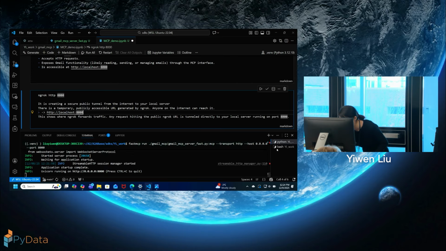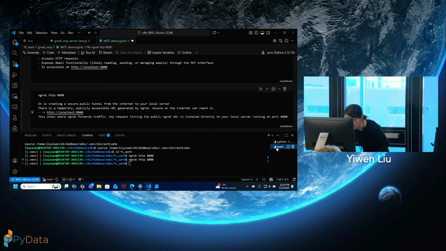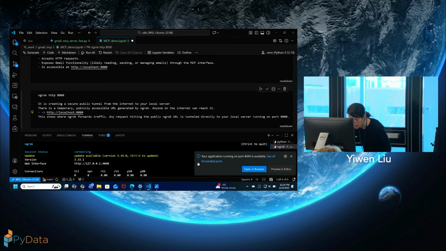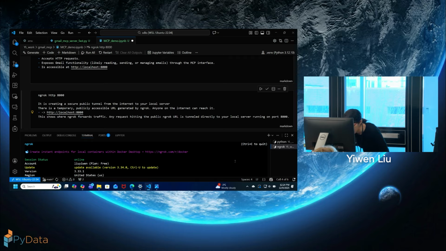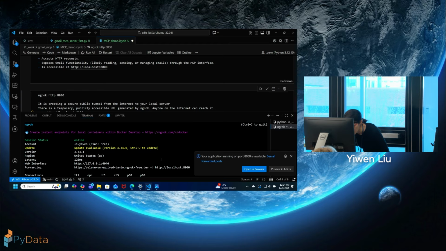So what I need to do is open another terminal and run ngrok http, just like the instructions, the third line of the command. You just need to make sure it's aligned with your port number, which is 8000. So I launch it. Now my API is online. You can see the logs and messages here.